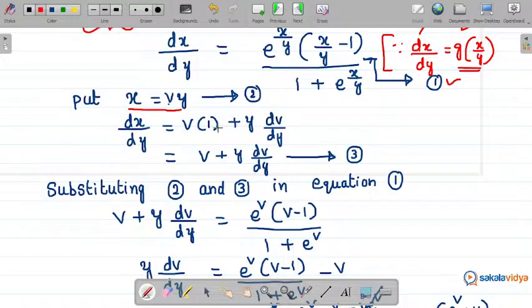So we can write v plus y dv by dy, equation 3. Let us substitute equations 2 and 3 in equation 1. In the place of dx by dy, v plus y dv by dy is equal to,